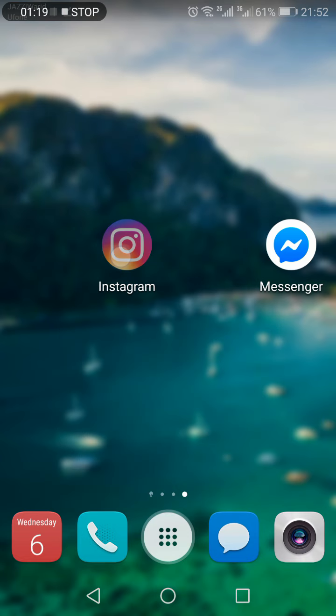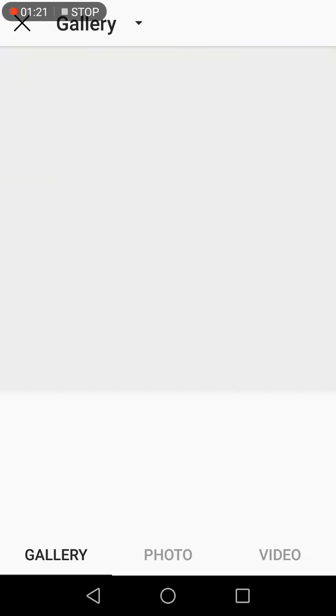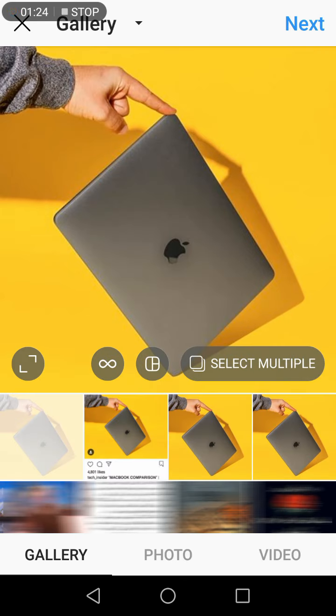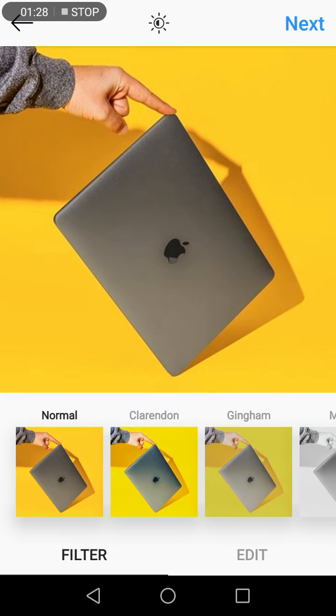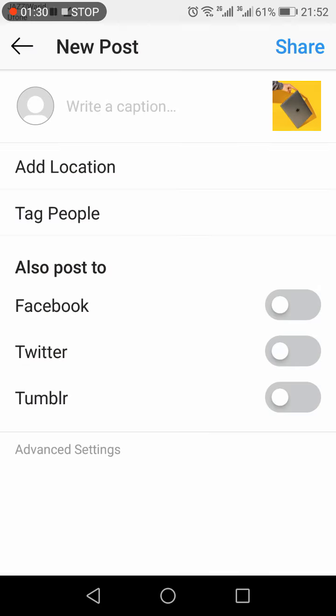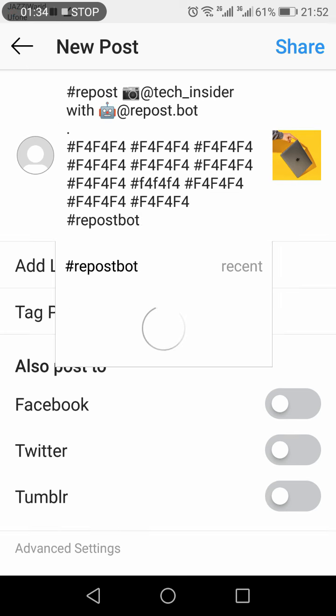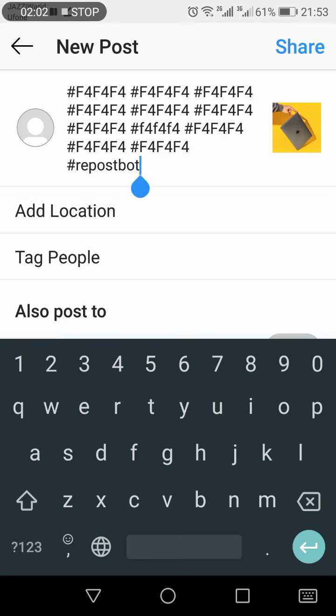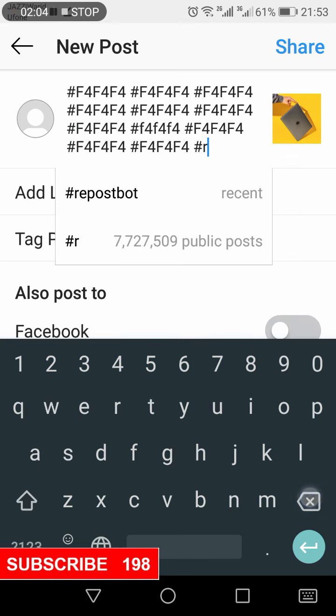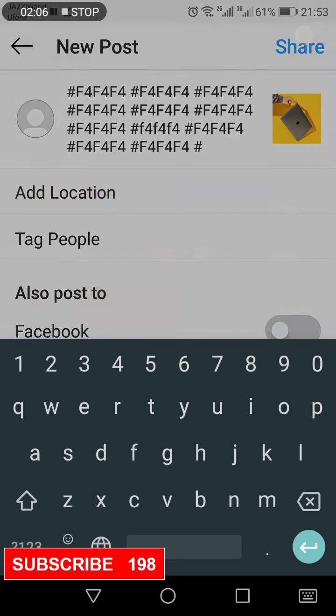Now you go back to your Instagram, select the plus icon, the image, this we have downloaded, press the next button, select the filters, press next, and then you need to paste the hashtags in the captions. Delete the unnecessary details, and now press the share button,